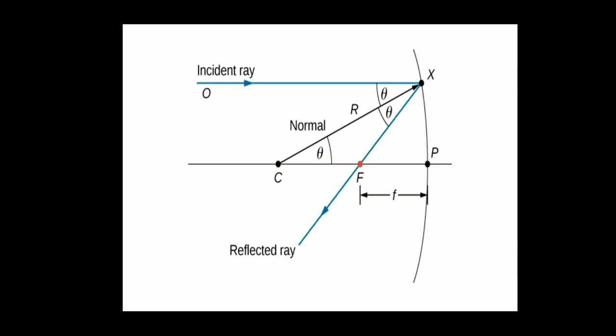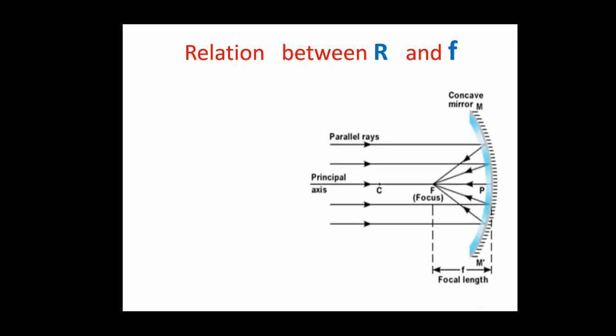Now, in this diagram, a ray of light falls on the mirror at the point X, and afterwards the reflected ray comes like this. It obeys the laws of reflection. That's why angle of incidence is theta, angle of reflection also represented as theta. Leave this theta, I will come to this later. So what is the relation between the distance F and the distance R? We have to see. That is the next part, relation between R and F. So this is what mirror? Concave mirror. What is PC called? Radius. What is PF called? Focal length.